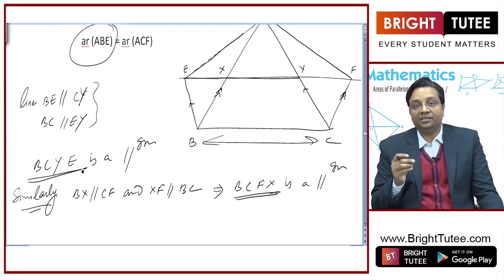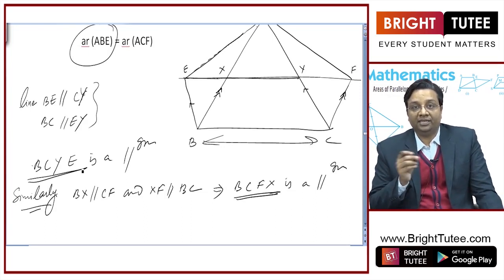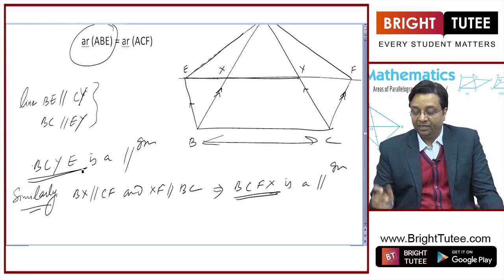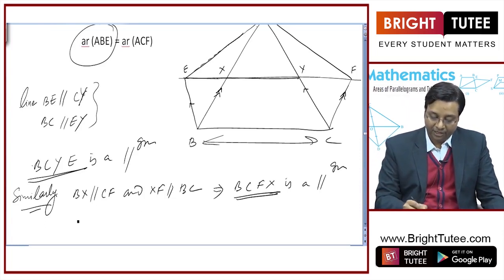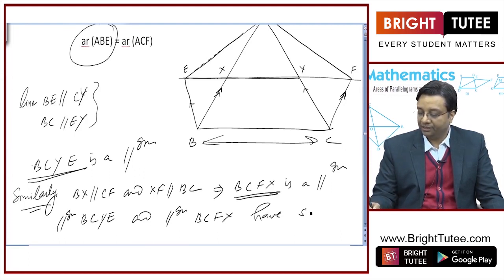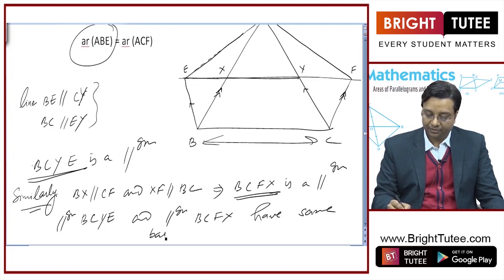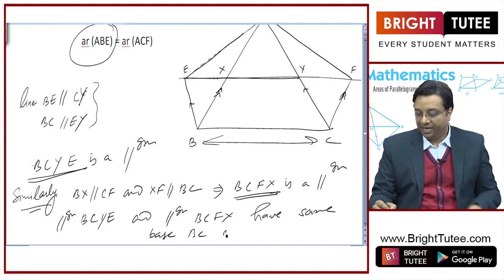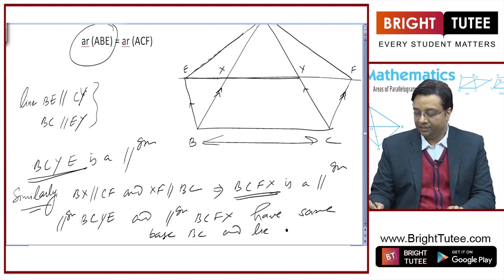What is special about these is that they lie on the same line BC, or they lie on the same base BC. These two parallelograms BCYE and parallelogram BCFX have got same base BC and lie between same parallel lines,